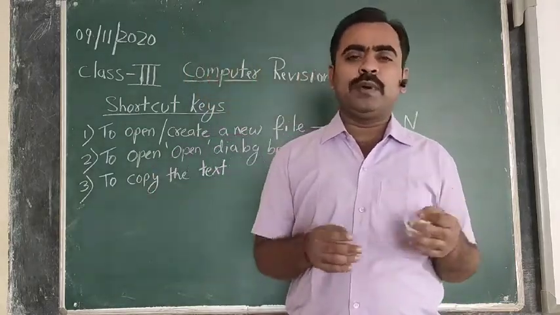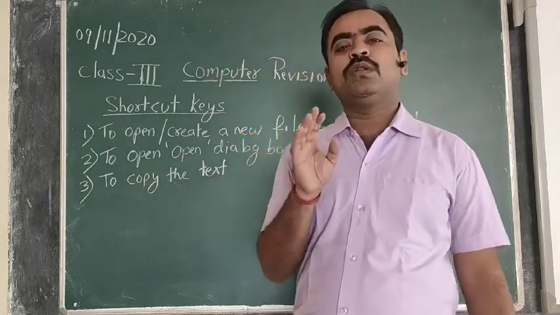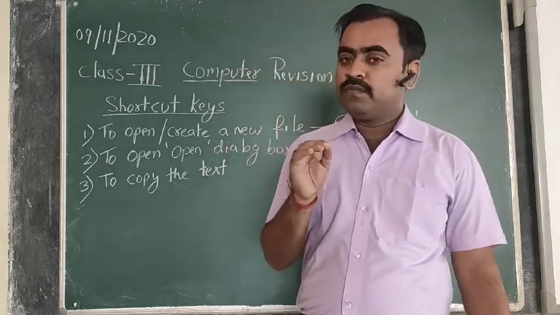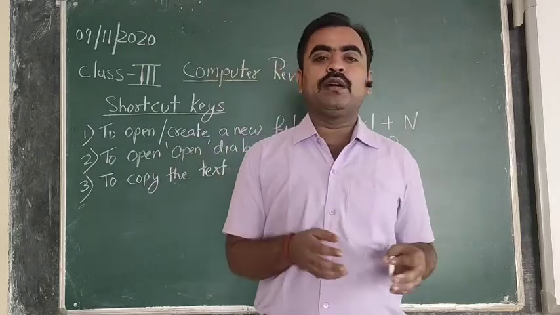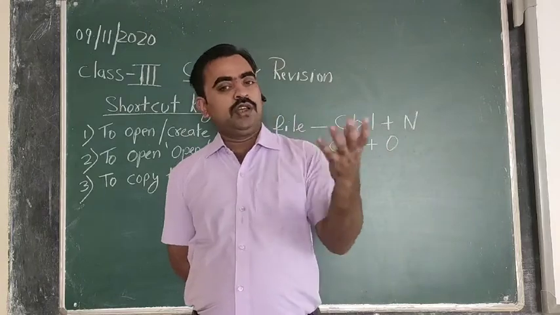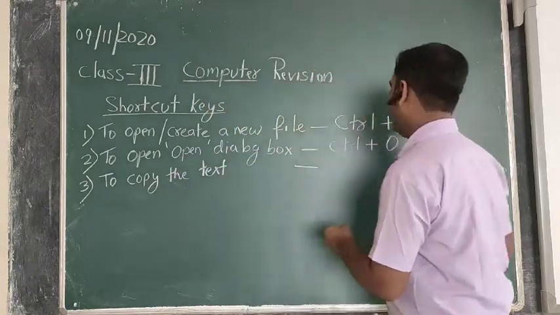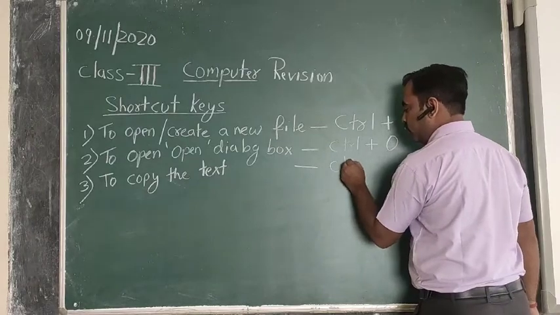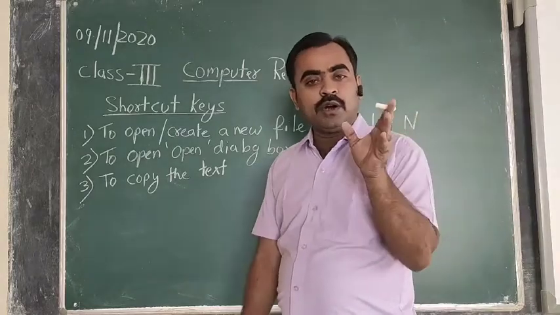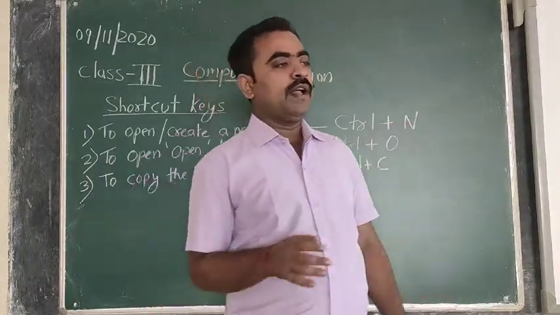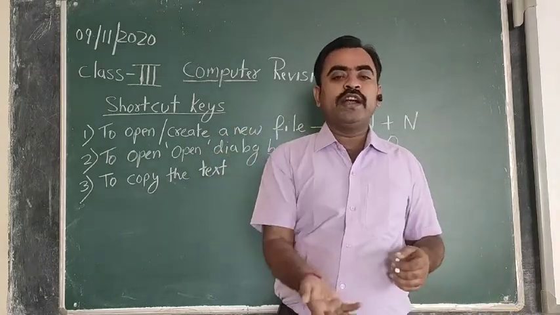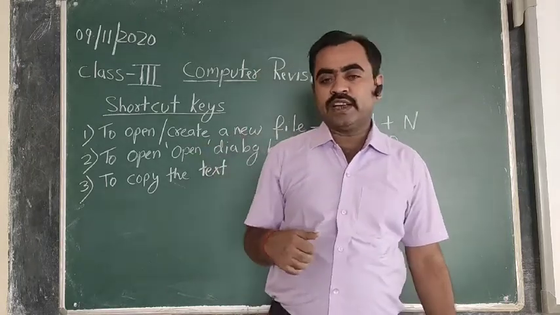It can be anything, it can be copied, and before copying it, the most important thing is that you first have to select that particular object. It can be any image, if you want to copy an image, or any text, you have to select it. After selecting, you can use the key combination Ctrl plus C. As you click on this, the text or the picture will be copied, and then you can go to the new location where you want to move it, and there you can paste the text or the picture.